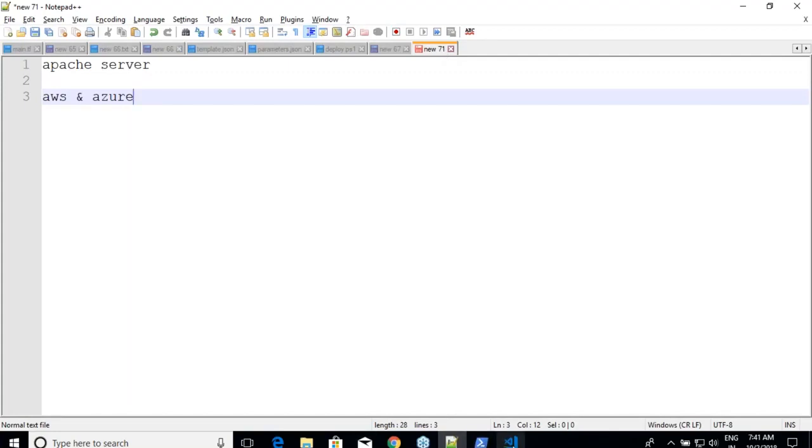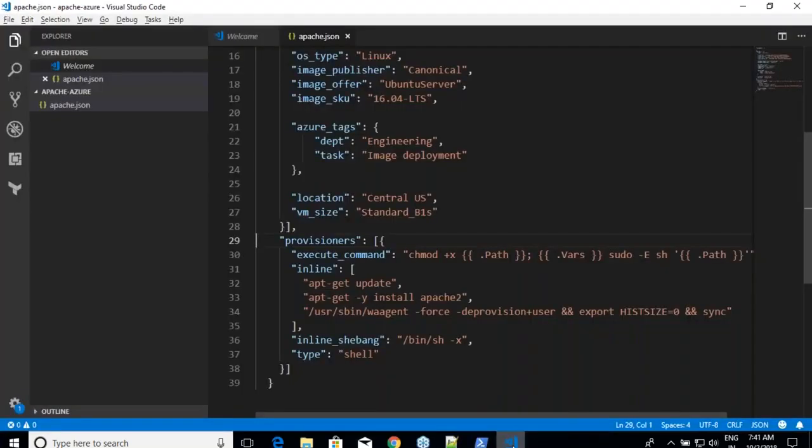If you want to make this script work on Amazon, this might not work, right? This is a line where there will be a failure. So there, what you'll write is, I will execute that line only if WAAgent is present. And WAAgent is a Microsoft proprietary tool which is present only in Azure images. So if you go with any AWS image, you will not see that. So before executing that last line, write an if statement in your shell script.